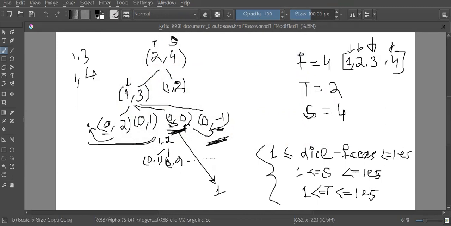So let's say this is the state, that is 1 comma 3. After getting this, I will again throw it. Let's say I again find 1 as the answer. Then what could be the state? And in the same way, I'll try to propagate it until the base conditions are met, right?